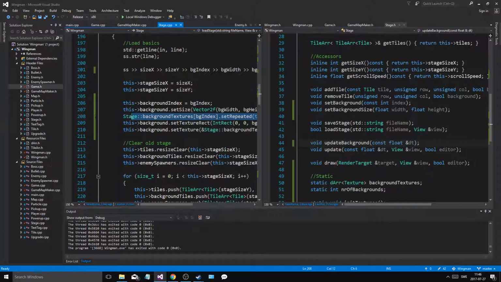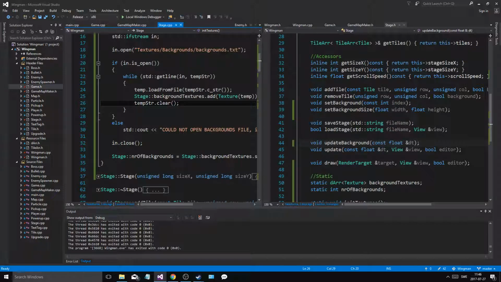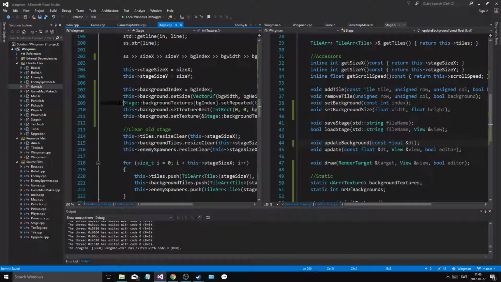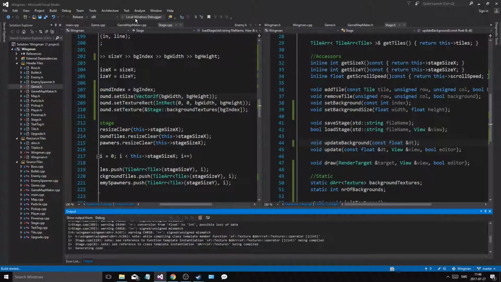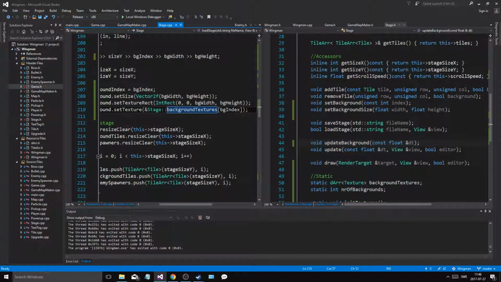What I want to do is copy that, go into my stage on the top here, init textures, and I want to set all of these to repeated. Temp.setRepeated true. I just want to set it to repeated, and then I will add it as a copy in there. So then I can remove this. I think I can remove that, and it will be repeated. And the whole point is, I don't want to